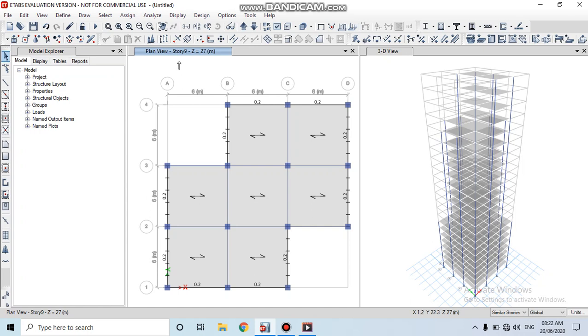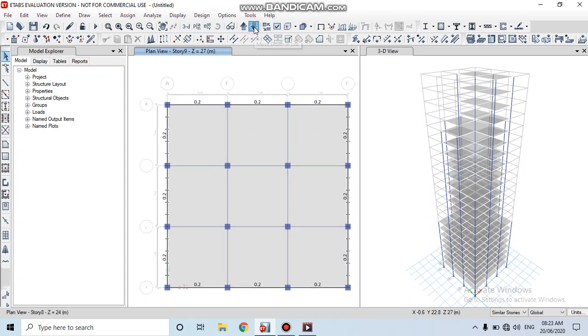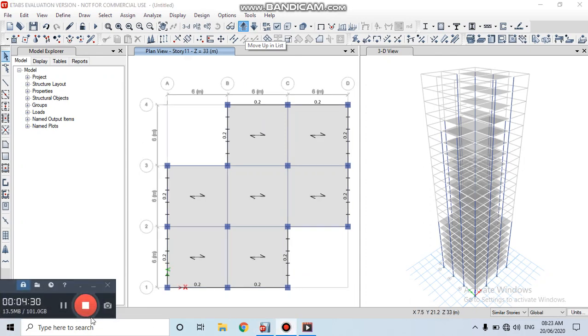Then go to the story 15 to 19 in the same manner. Here the auto cladding is done from the story 15 to 19, and the last story from 20 to 23 is to be set.